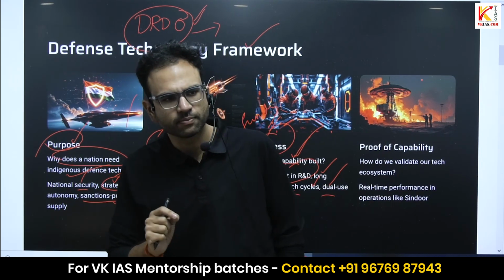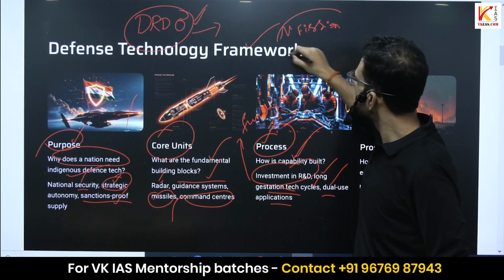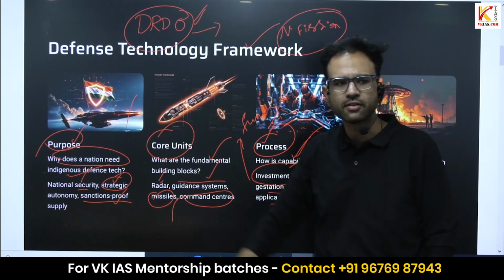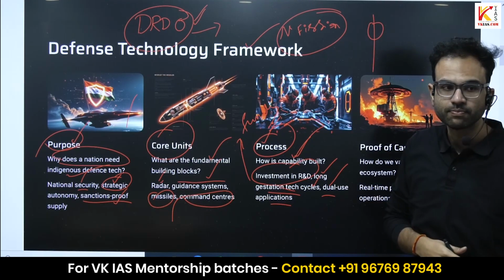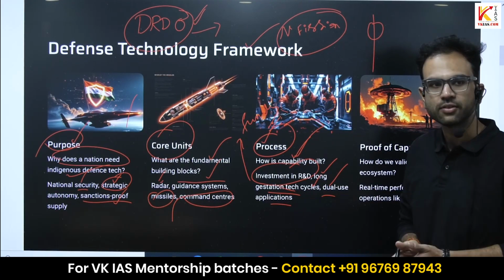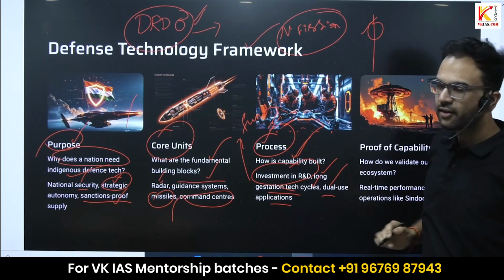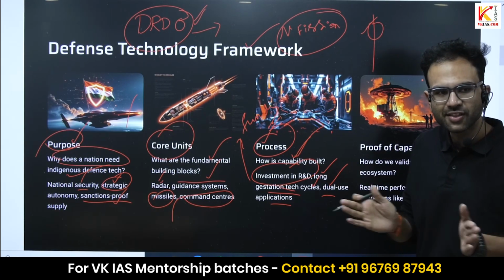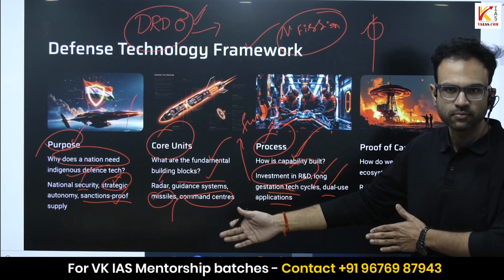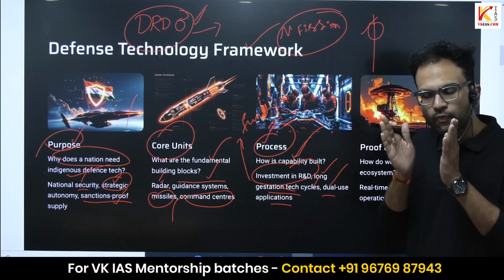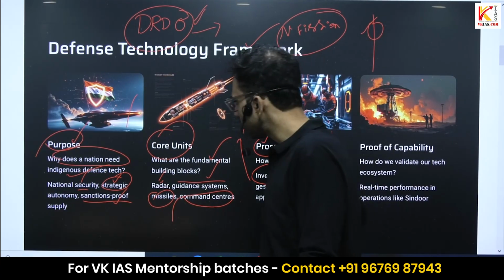A classic example, nuclear fission. I keep on giving this same example. It's a very popular example. That's the reason I'm giving this. Nuclear fission. At an atomic level, you break down the atom, it produces energy. This is the science behind it. Now, you get to decide whether you want to use this science for making a bomb or electricity. Dual use. So, focus on those technologies which can have those dual use capabilities without attracting